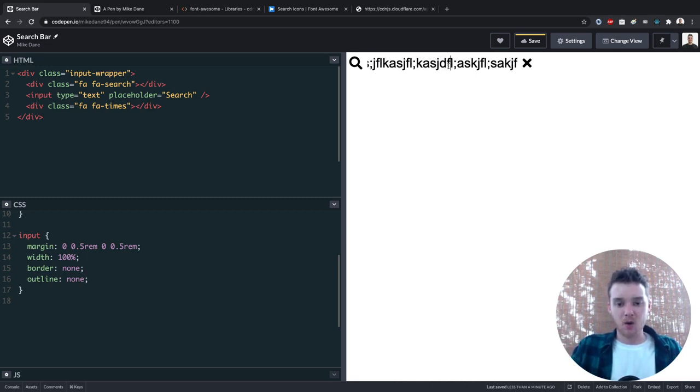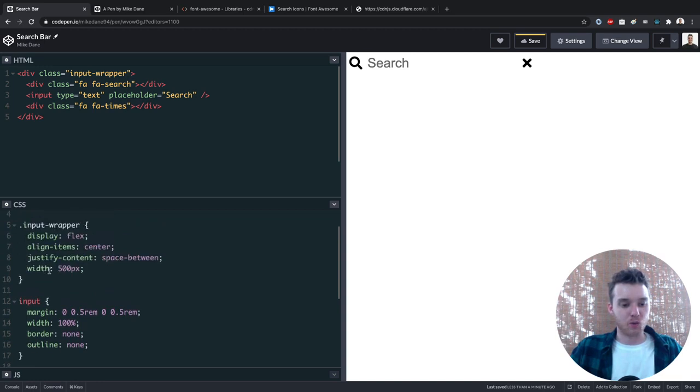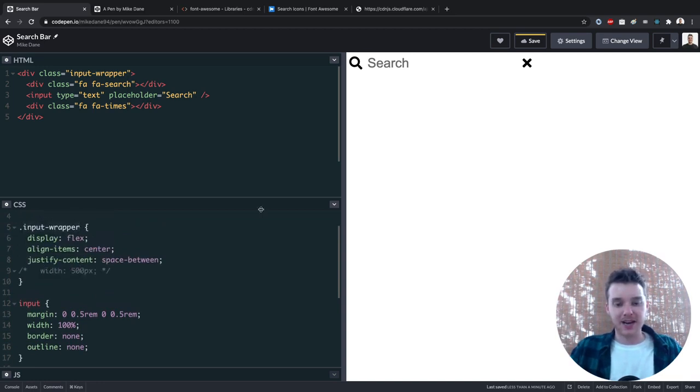Now, once again, the reason that this is sort of contained is because over here we're giving this a width. So I'm saying that the input wrapper has a width of 500 pixels. If I got rid of that, now the search bar will take up the entire area that it's given, okay? But I just have this width here just so it's, I guess, a little bit easier to see. Cool. So we've styled the search bar,